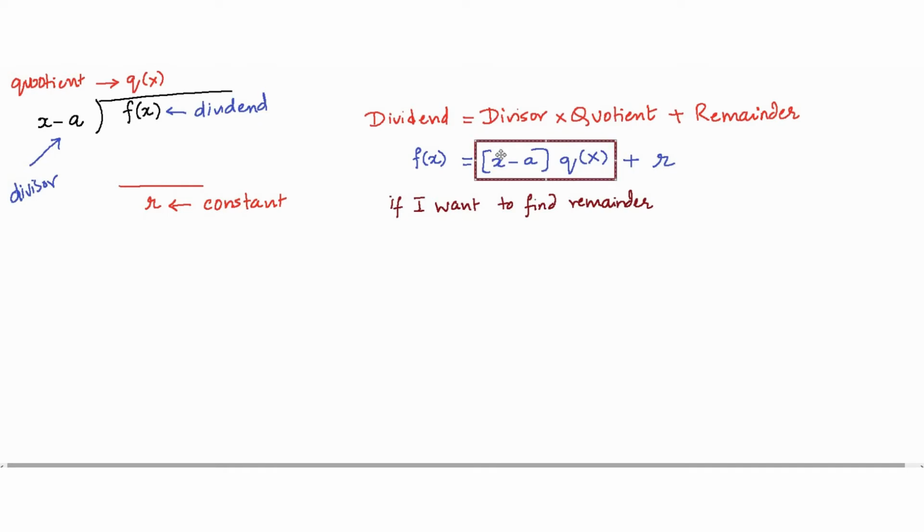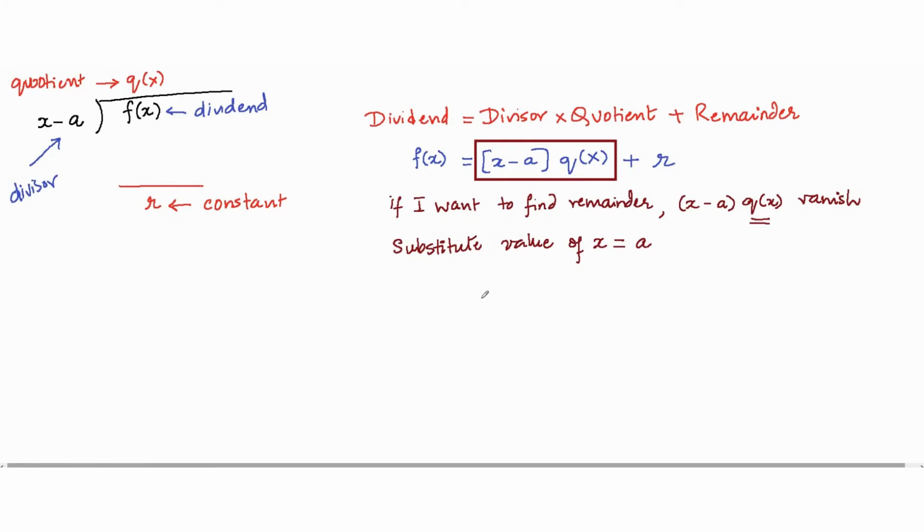This term over here should vanish. So what should happen is x minus a times q of x should vanish. For this term to vanish, is there a substitution of x that I can make? Now, of course, q of x is not going to be 0. So when I say that this term has to vanish, somehow this term has to become 0. Now, quotient is not 0. So is there a way by which I can make x minus a equal to 0? And the answer is yes. I can simply substitute the value of x